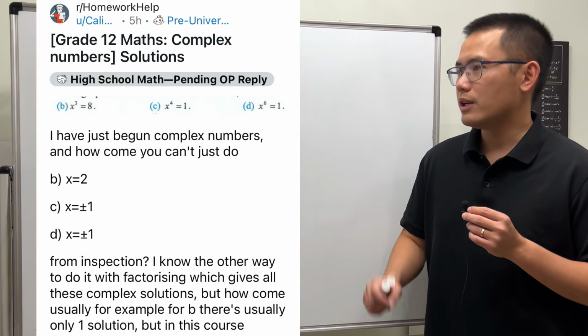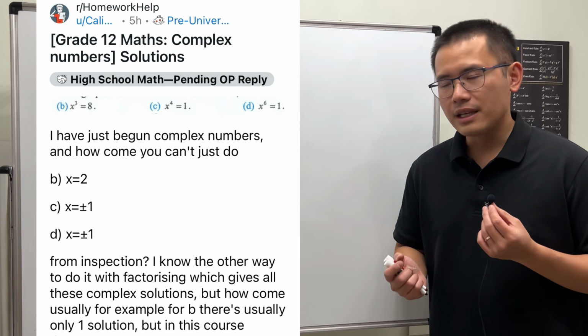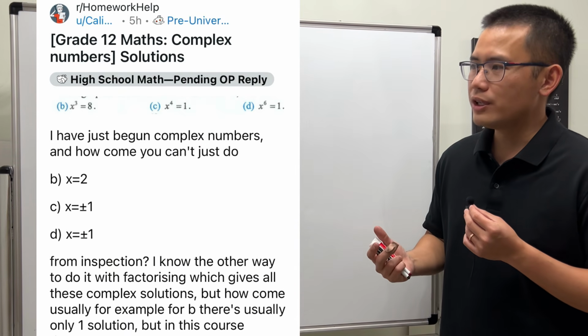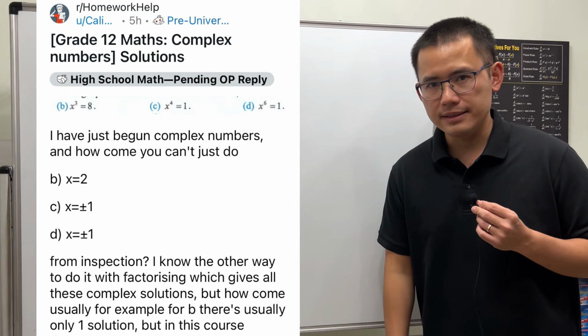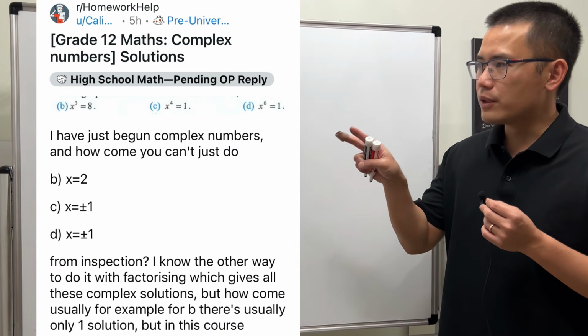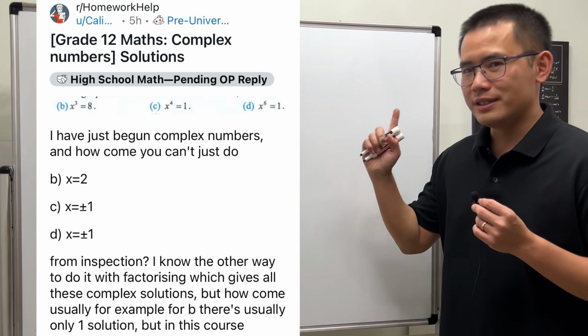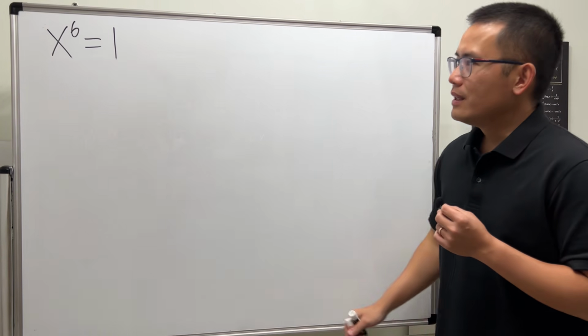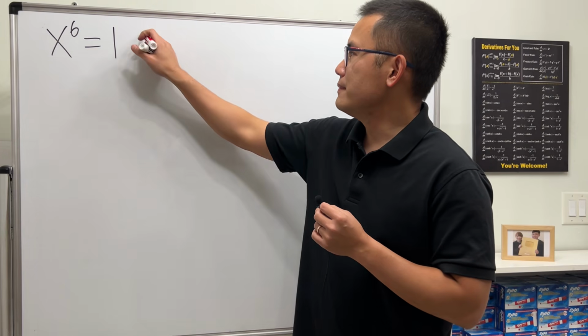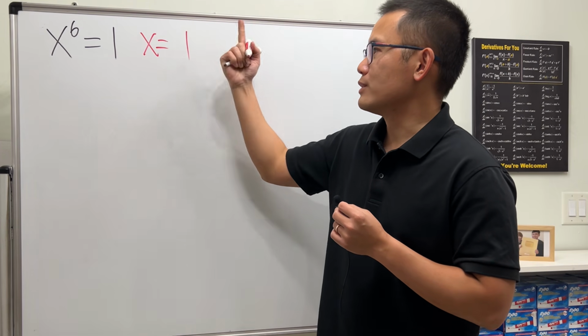So I just saw this question on Reddit, and it's pretty much asking, how can we have more solutions besides the ones that we can easily tell? And since I have done the first two equations already, so today let's focus on x to the 6th power is equal to 1. If we look at this equation, it seems that 1 is a solution because 1 to